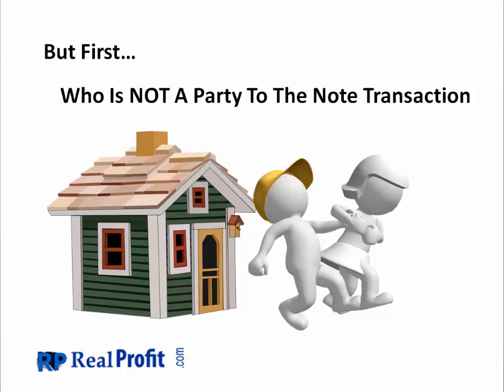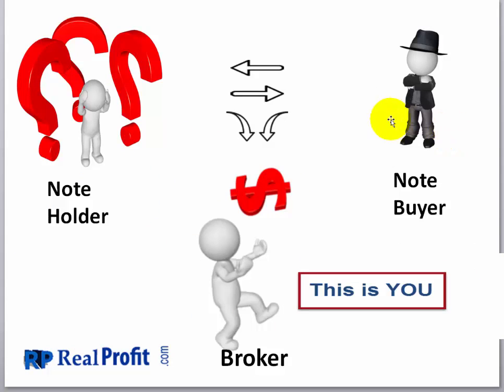Amazingly, it's not the homeowner. They're not involved. Man, they're living their life, doing whatever they do. All the note buyer is interested in is, are they making payments? Or even if they're not, sometimes we buy defaulted mortgages. Then the question would be more relevant, what is the property worth? Because there might be a foreclosure in the future, right?